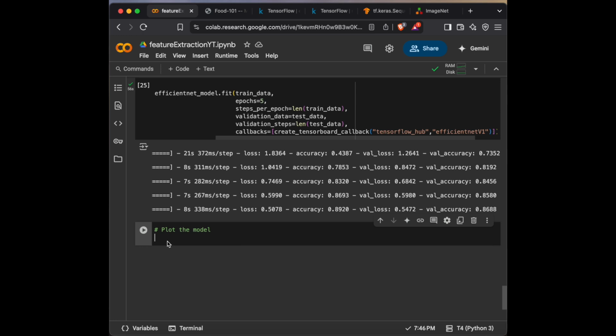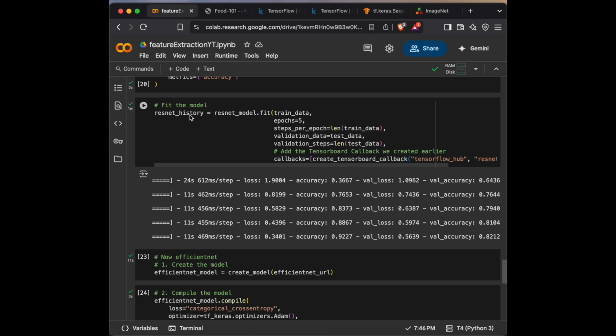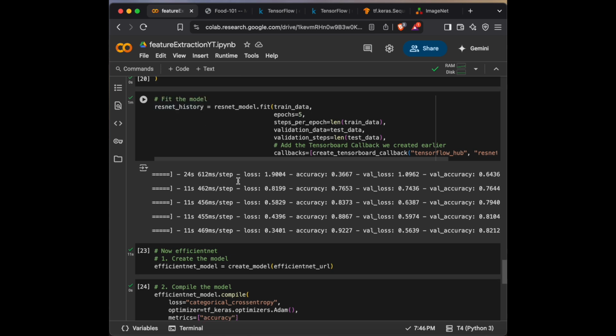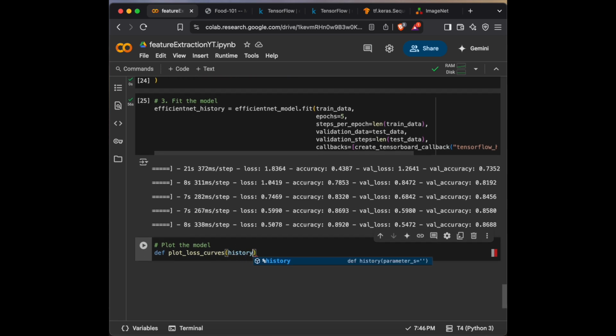Let's plot it. So again, we can create a function here and say plot loss curves. I said we are going to plot this information here, but how do we get this information? Remember that we store them here in something called history, right? This one also has history, so we can pass in their histories, and then we'll be good to go. So what are we going to do? We're going to use matplotlib again. So plt dot